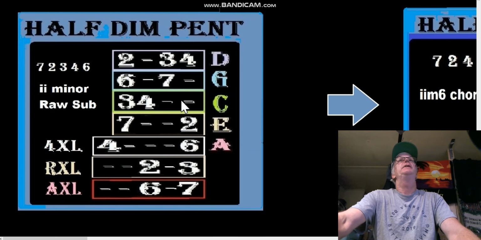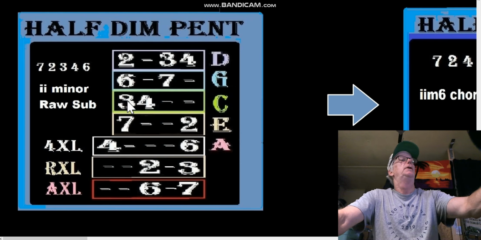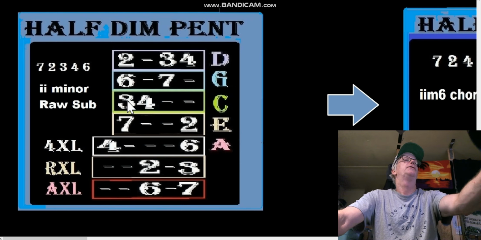Now, the reason I didn't separately list minor pentatonic and half diminished pentatonics, I should have one of those half diminished pentatonics. From the other chart, I do have a half diminished pentatonic there. I didn't put it on there, and that would be 7, root, 2, and then 4, 6,